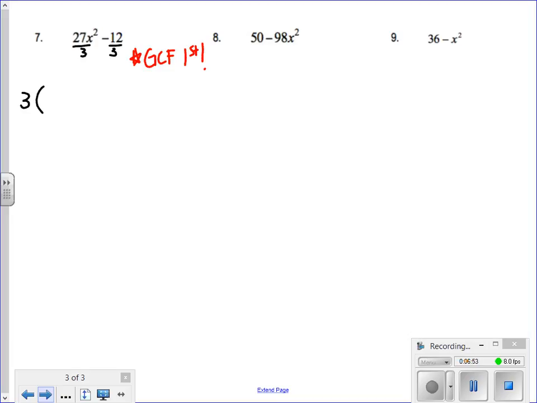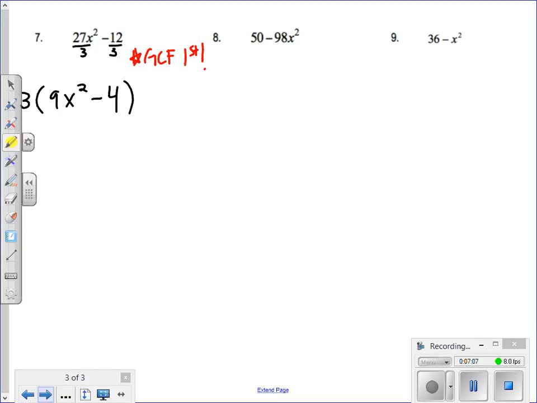When I divide out the 3, I'm left with 9x squared minus 4. But now that I have 9x squared minus 4, there's a minus sign in the middle, and I can take the square root of 9 and 4, which means I can now do my difference of